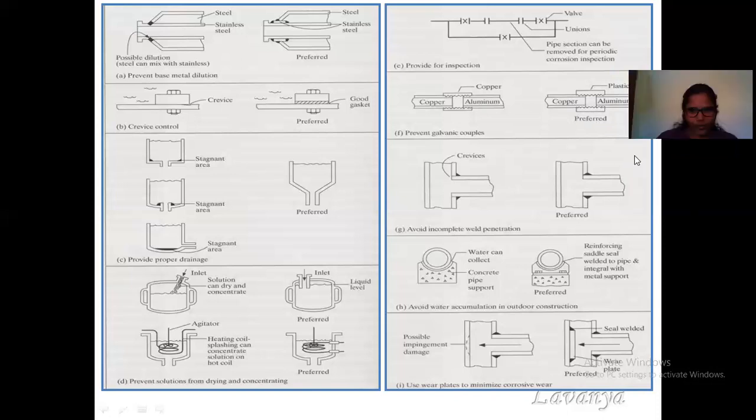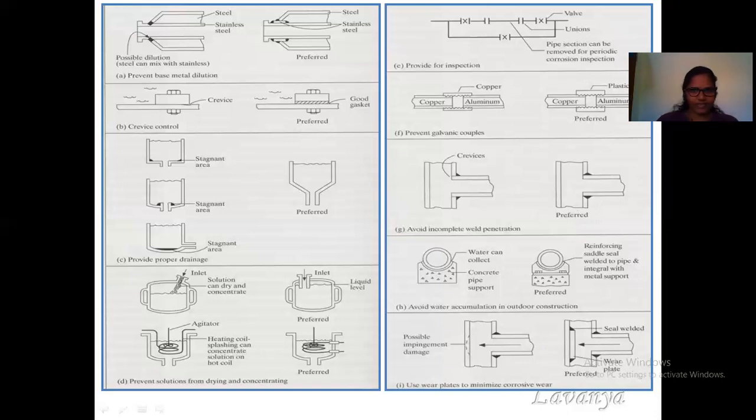And another model where, for crevice corrosion, where the sharp edges may lead to corrosion at these particular areas, we can prevent it by using this type of model. Even if it is bent, it is much better. And these are also a few other models where we can avoid the direct contact or the stressed areas between two metals. So the first thing we need to follow is the proper design of a machine, whatever the apparatus it is.